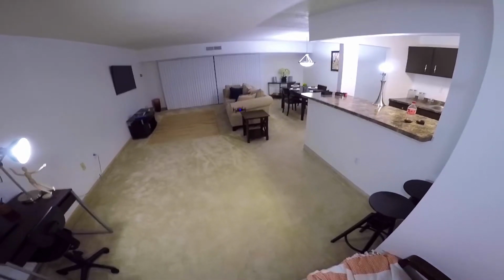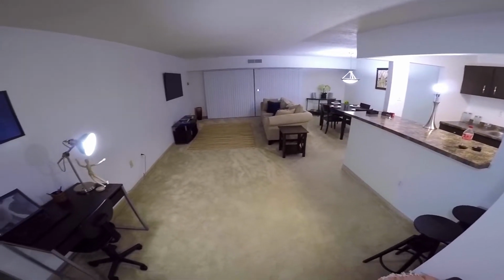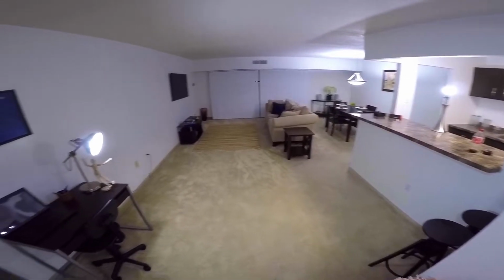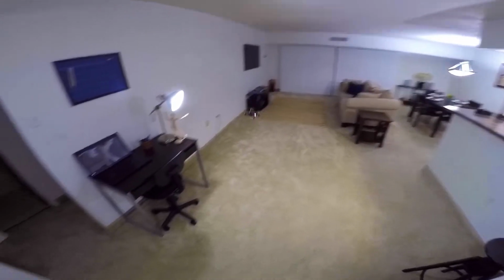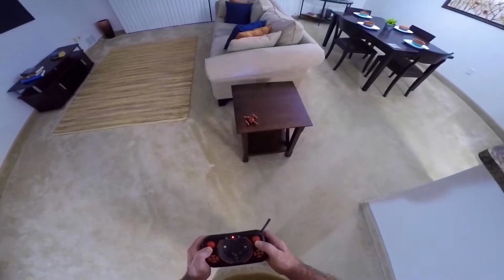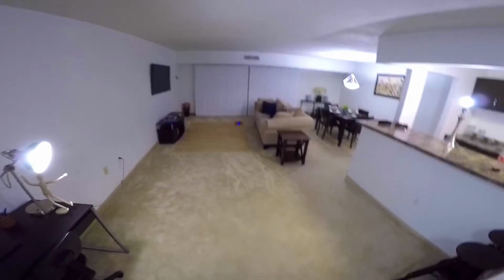Yeah, it's a nice flyer, guys. It flies great. You know? Steers real nice. Yeah, until it hits you. I came in there a little too hot, but yeah, it's no big deal. You just take back off, right? Now that has prop guards on it, but you don't need prop guards when you're going to hit yourself, okay? If you hit yourself, you don't need prop guards. If you hit the wall, maybe you do, but...